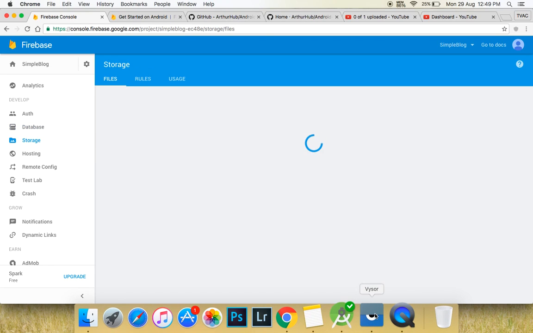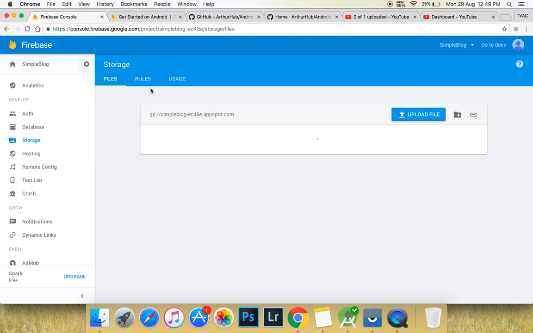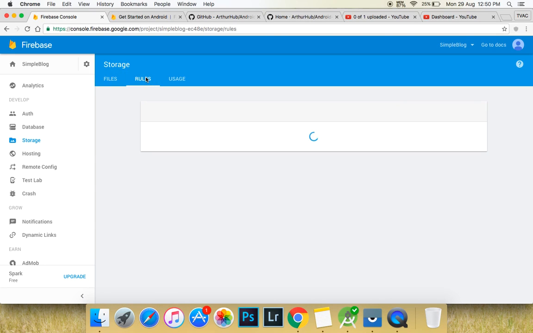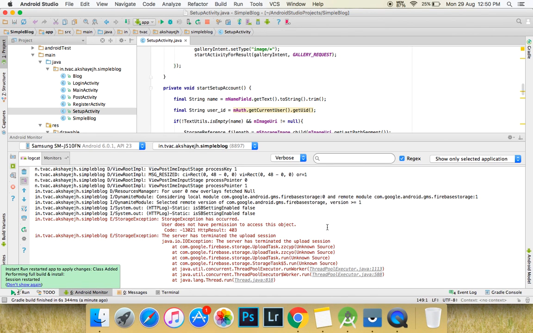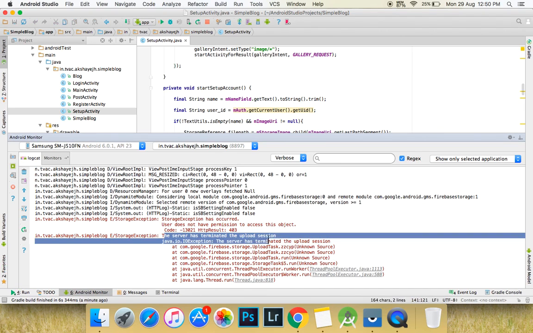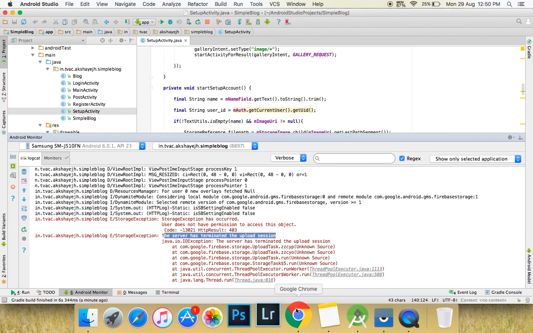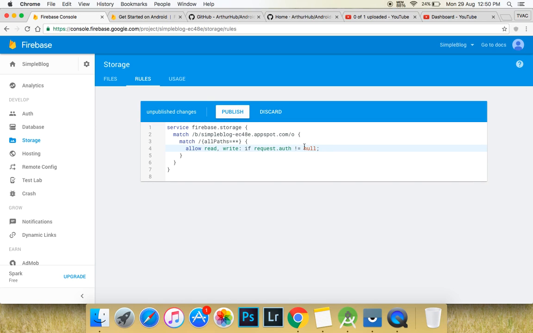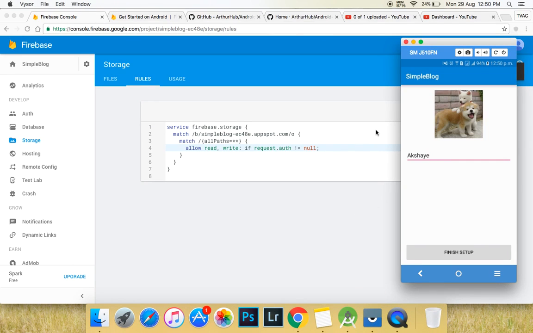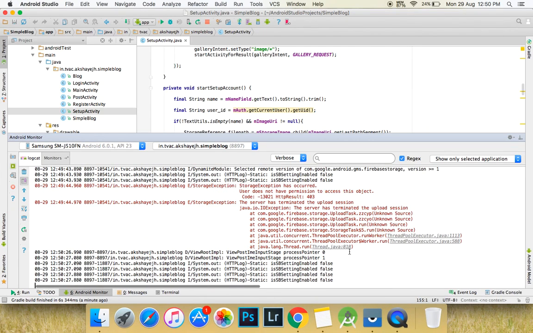Storage, yep, those are the blog images actually. Let me just check the error once again. Firebase, the server has terminated upload session, user does not have permissions. So all right, so we have set it to auth equals null, but we need to set it back to not null. So now the users are actually able to log in, so we can work with this one. So once it is done,